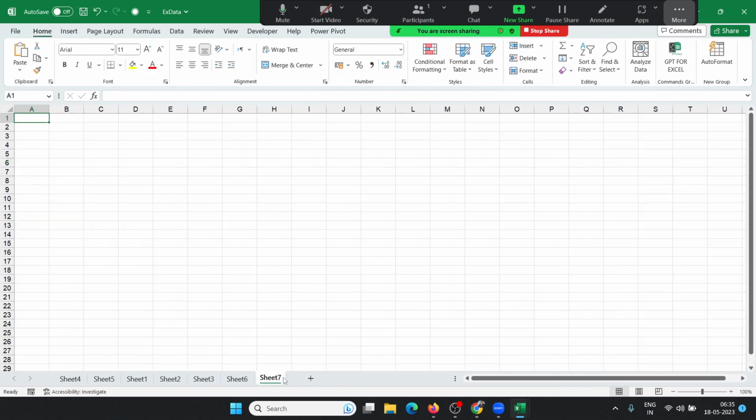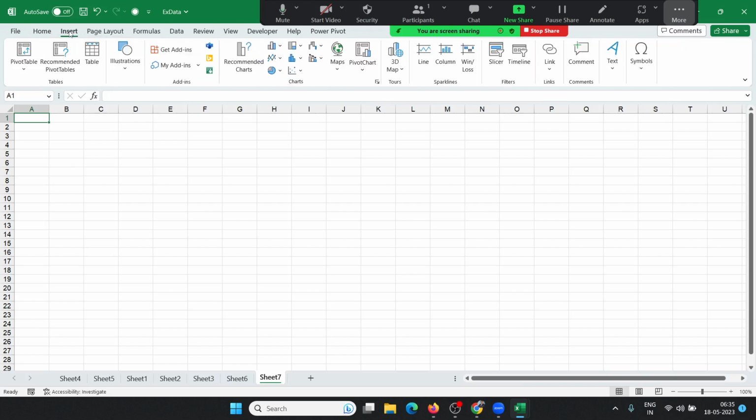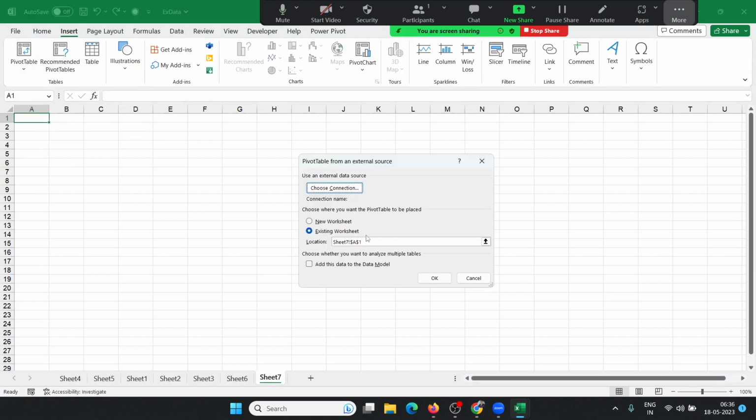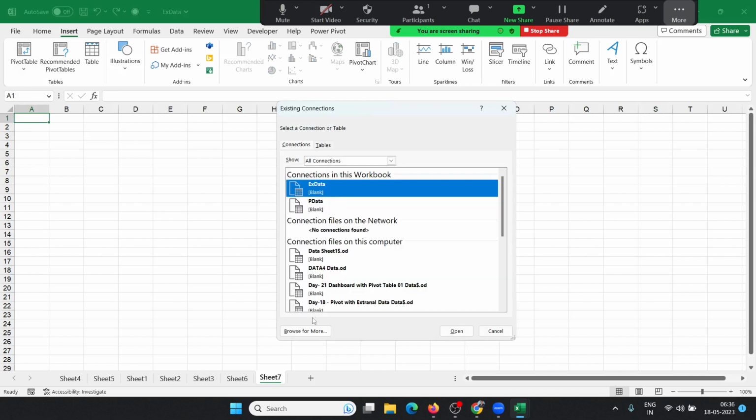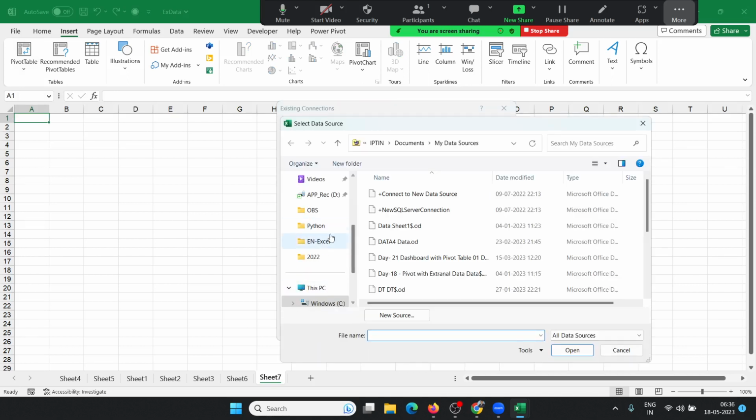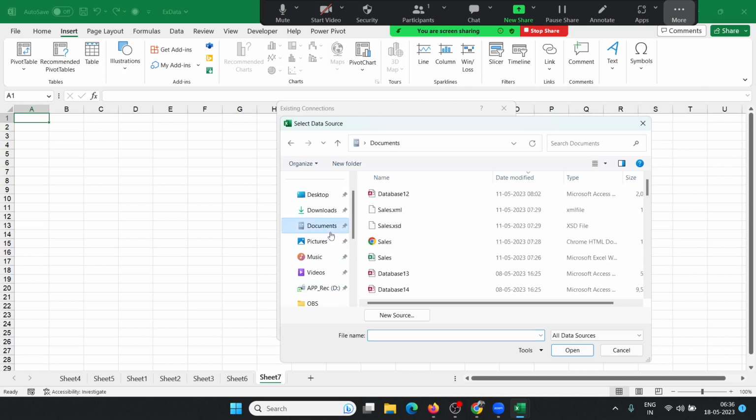But my data is stored in MS Access, not Excel. So how can I apply the pivot through MS Access, taking the data from MS Access? Same procedure. Go to the external data source, choose connections, browse for more, and select the location where